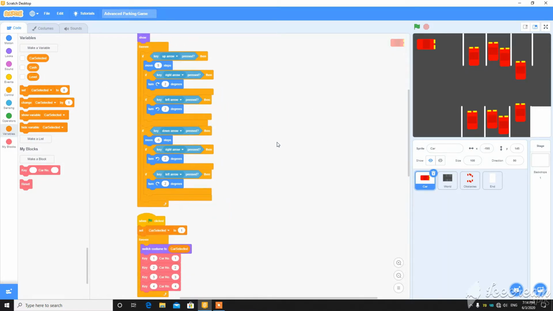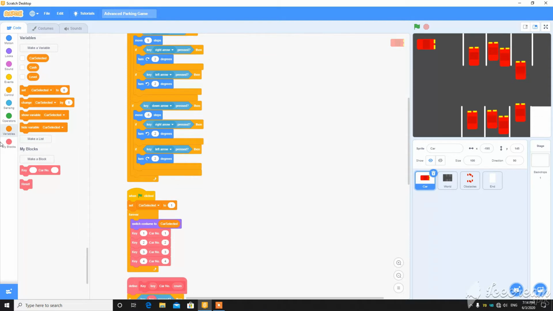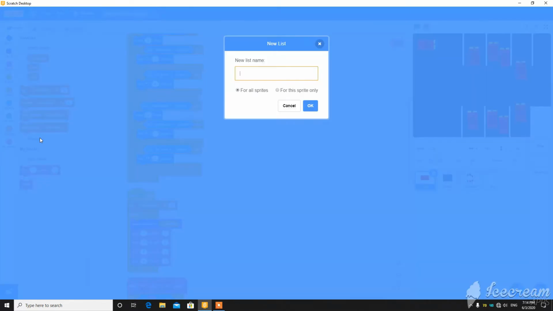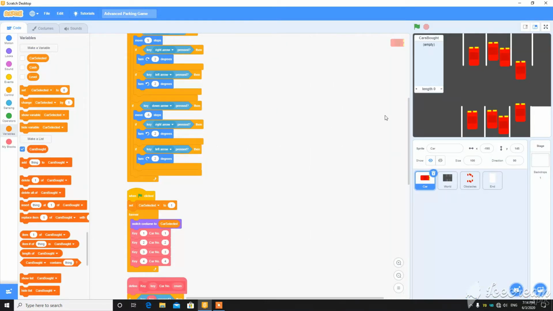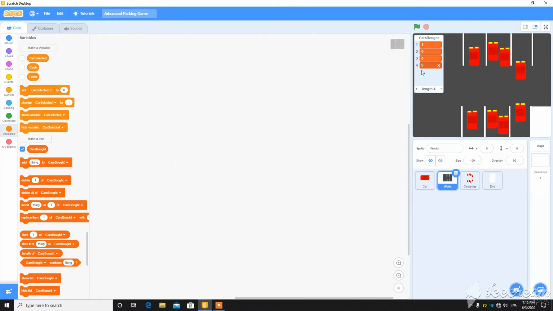First of all we have to make a list called cars bought for all sprites and click OK. Then add an item and name it 1, and add 3 other items, or the number of cars you have other than the first one, set to 0.